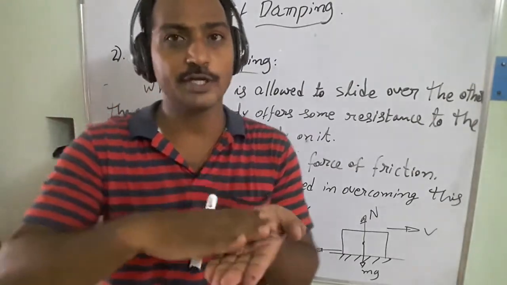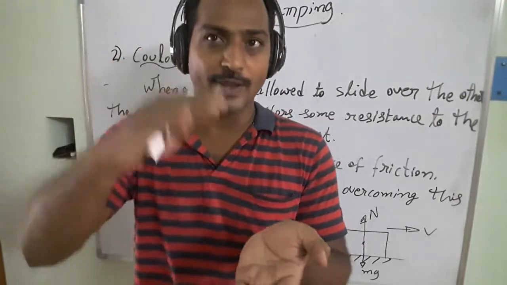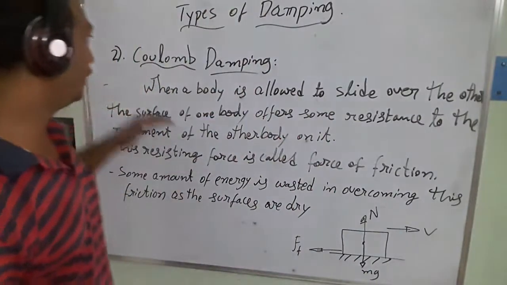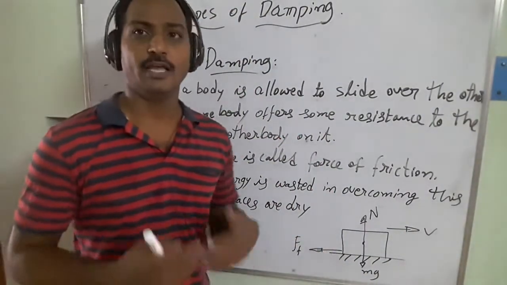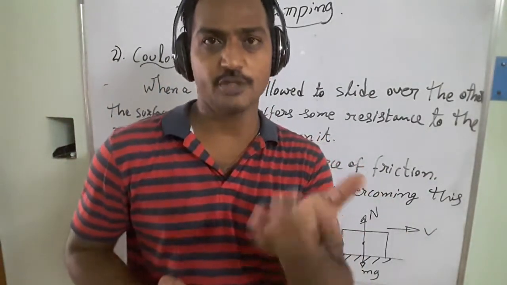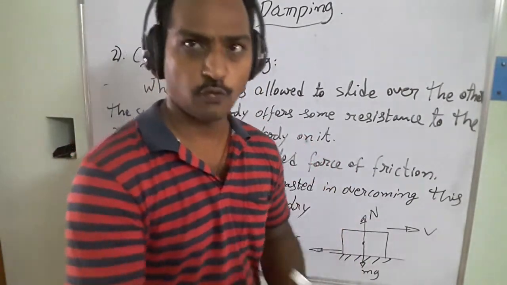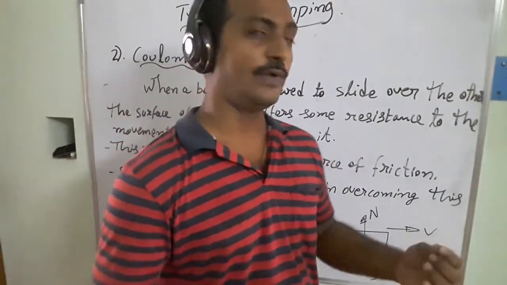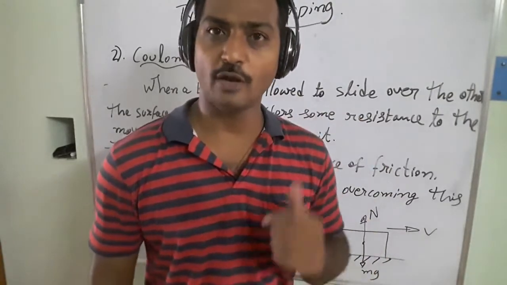As we know, friction offers resistance to that motion, which means the energy of the vibrating body is absorbed by the second body. Then we can say that is Coulomb damping, right? The best example: an automobile wheel rolling on a horizontal surface, where friction is generated. Similarly, while you are walking on the floor or on the road, friction is generated. This way, whatever excessive vibrations or amplitude existed in that system,